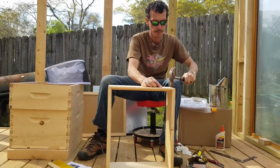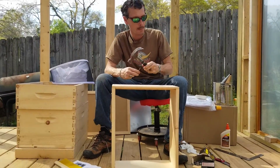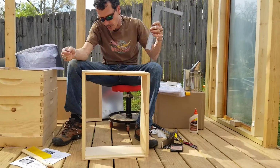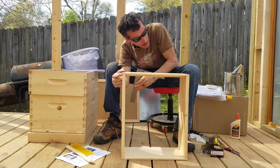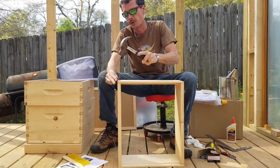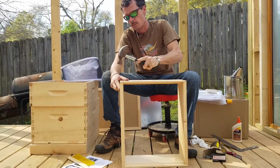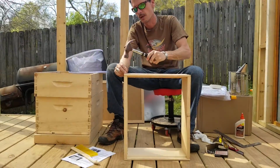Good friends of mine. Thinking about going up there and giving them a visit this week. They are super busy. It is bee season. Again, we're going to do a little check. Make sure we're still in square, beautiful, happy. We're going to finish this on up. When I get up there, me and Chris are going to have a little sit down talking about maybe coming up with some better directions, or maybe even using this video as a how-to